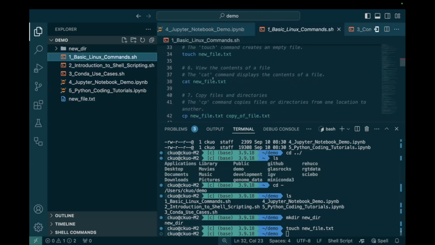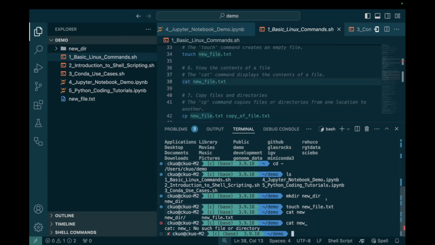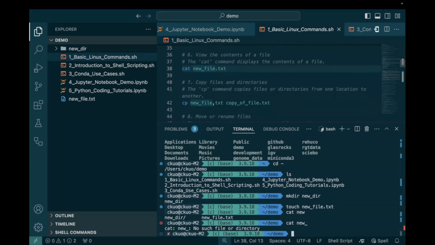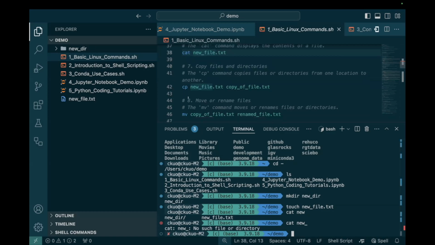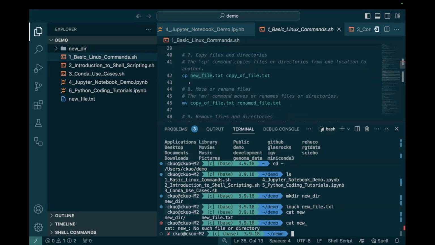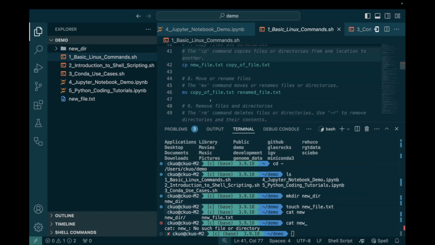Yeah, and then there's a command called cat, which you can use on the new file. Cat means you print the content of a file. Okay, and so here I just want to demonstrate that you can do many things with the shell. You can copy a file, copy a folder, you can move a file, a folder, and you can even